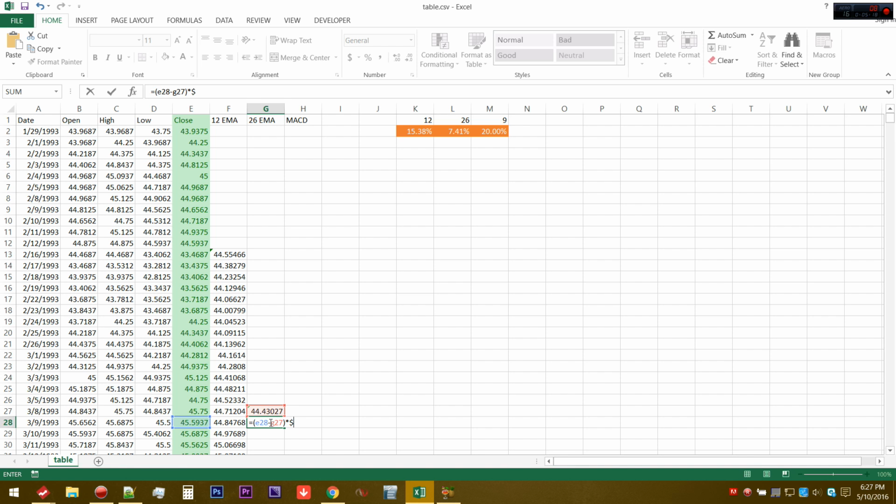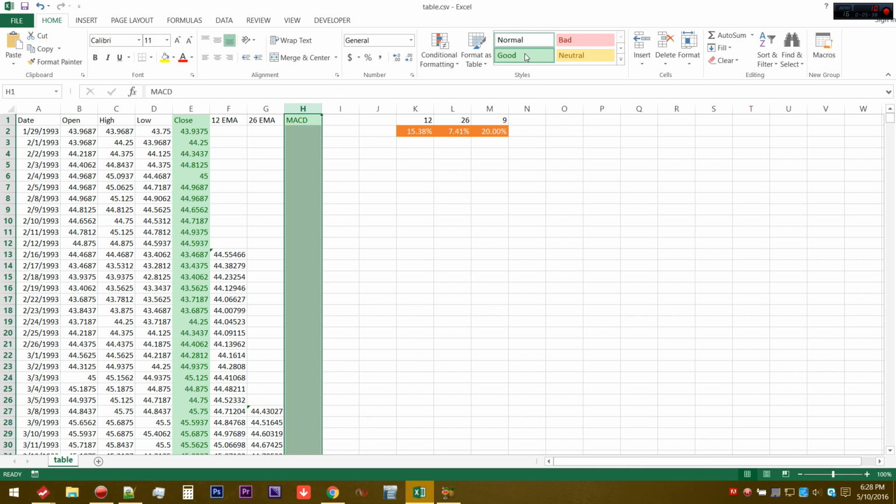So for the 26, it will be $L$2, so about 7.41%, right? And then once you got that, you're going to add it to the balance from the previous period, which is G27, and then here you have the 26 EMA, and then the MACD line, which I guess I can highlight so it's a little easier to see,